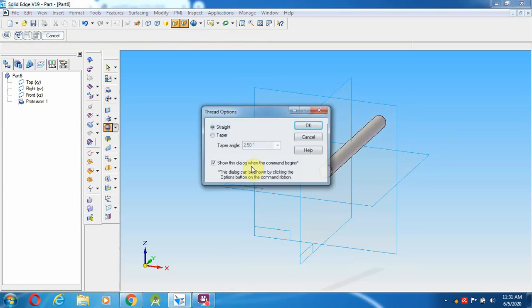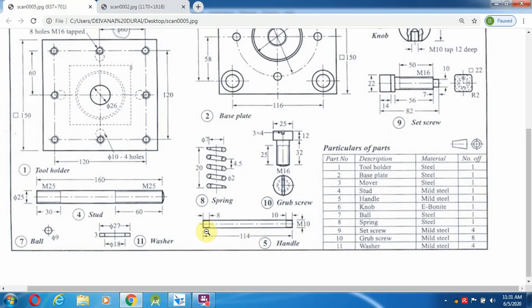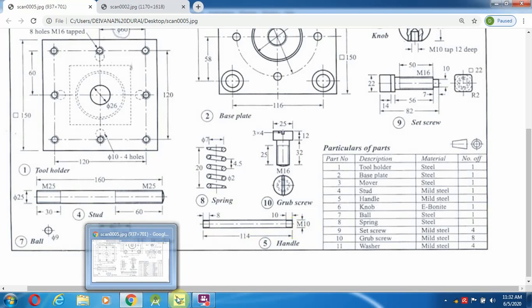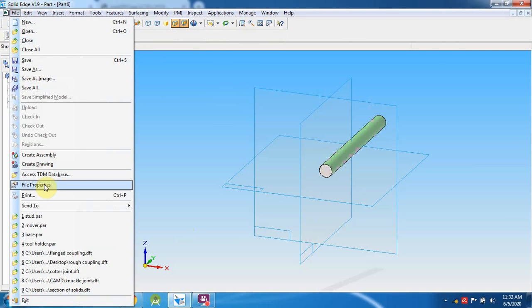Goes to thread again. Give OK from the component starting from here, and what is the length? 10 mm. Okay. So I am going to give the finite value as 10 mm. Enter. So even this also comes full length. It's not an issue. We can give over there. Okay. So then this has to be saved as